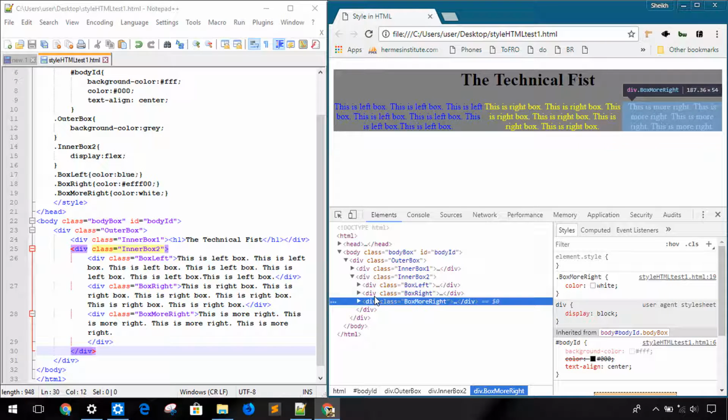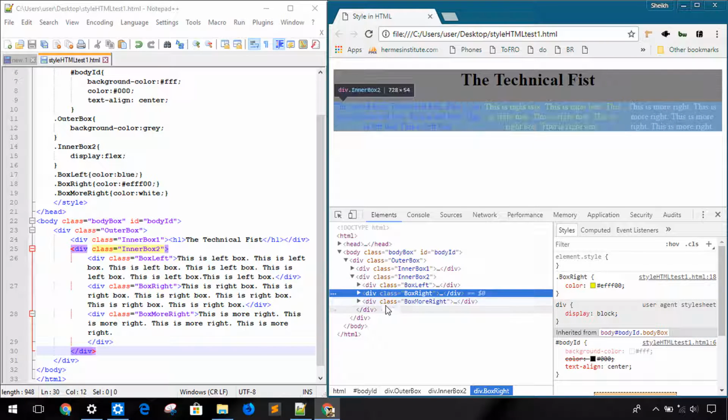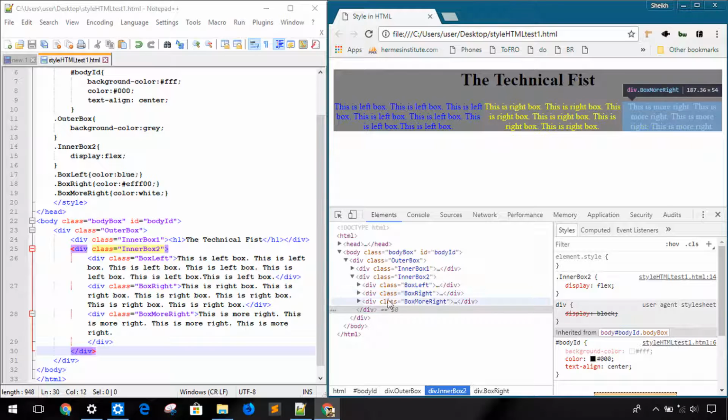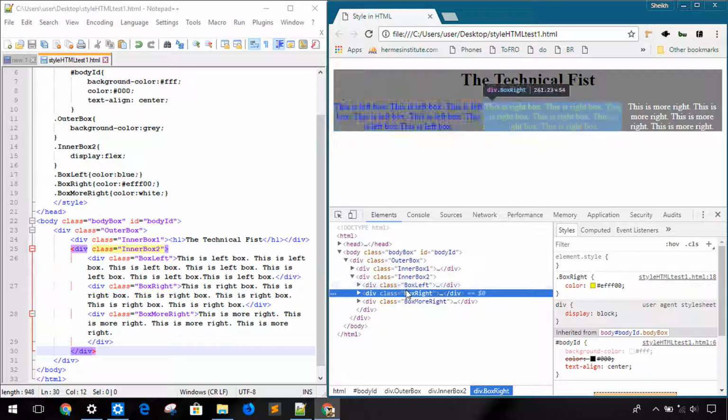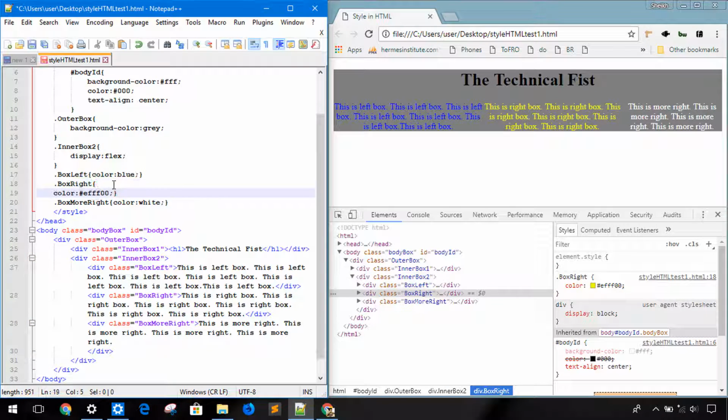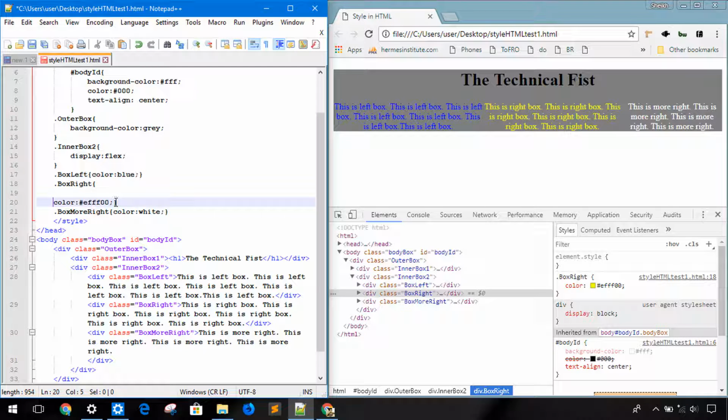So now let's see how the content is appearing. This is the content 1, 2 and 3 inside box 2, and that is because of flex. They are appearing in one line. So let's create something more over here. In the property box right,